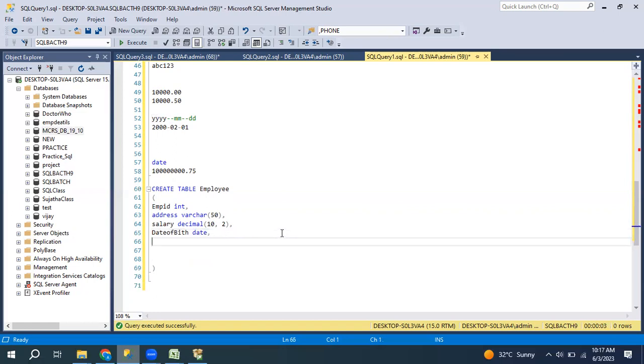And next, what else do we have? Integer, varchar, decimal, date. Created date. When I'm going to create this record, for that purpose I need the time as well. So when I enter the record into this employee table, I need the timestamp.